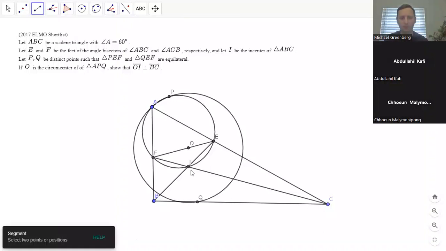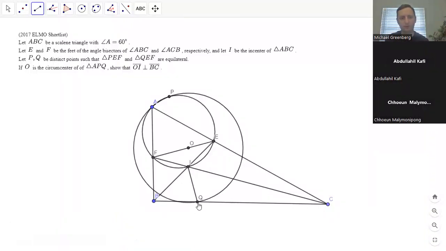I think these two are both kites right here. Like you can reflect F across IB, and you can reflect E across IC. And then I think an angle chase shows that these two add up to 180. And so if you reflect them across IB and IC, they would be at the same point. And so that proves that